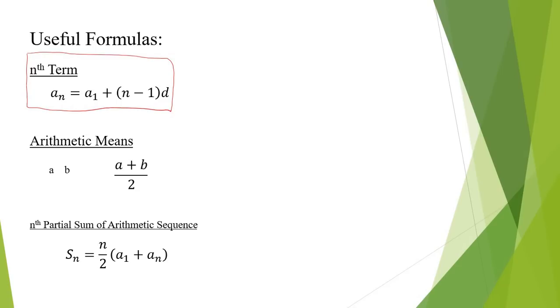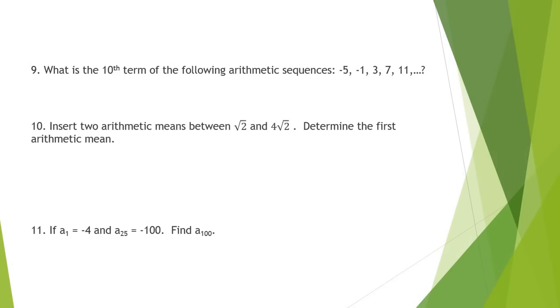So let's have some illustrative examples. What is the 10th term of the following arithmetic sequence? Negative 5, negative 1, 3, 7, and 11. Notice here that these have a common difference of